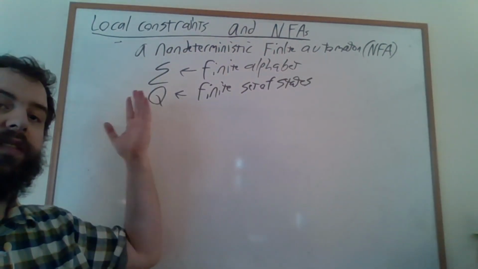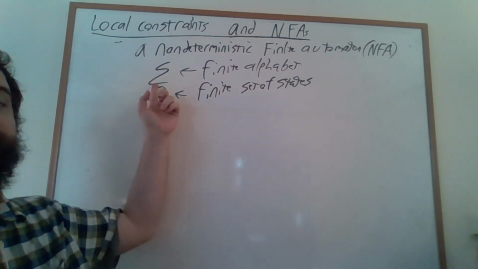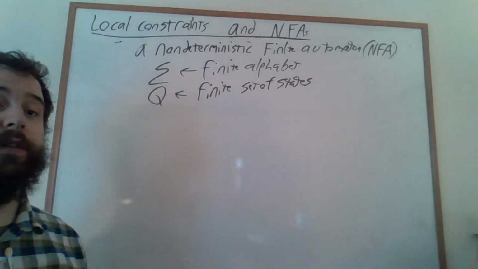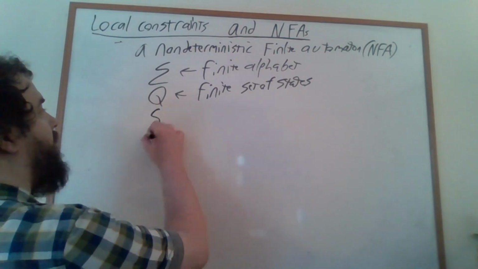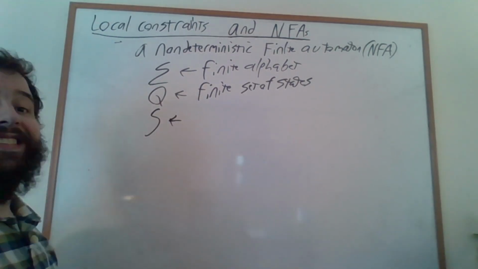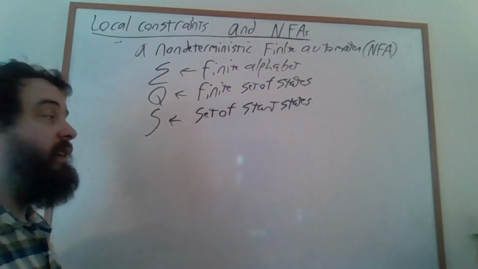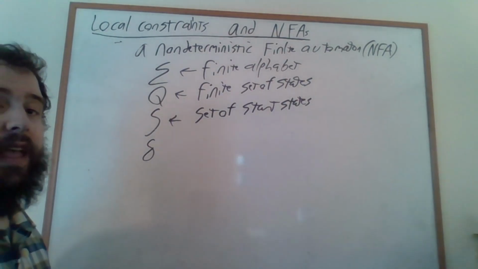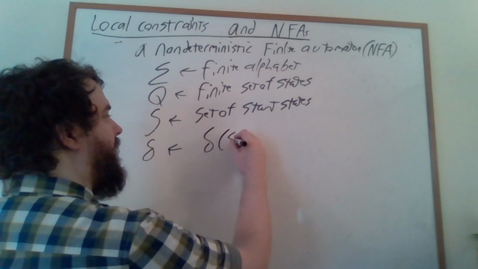So just like with deterministic finite state automata, we're going to want to have a finite alphabet and call it sigma, and a finite set of states and call it capital Q. The difference starts where we have now a set of start states. And then, instead of having a transition function, we have a transition relation, where we say that delta of state